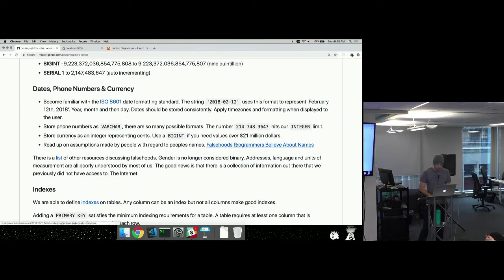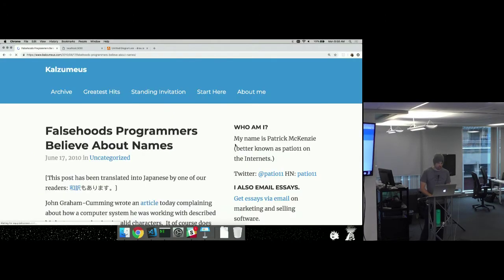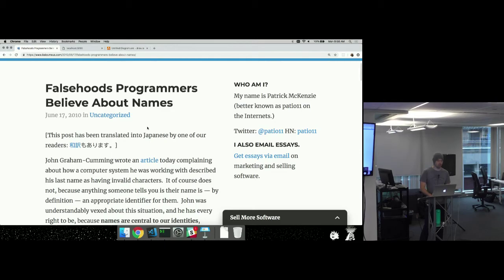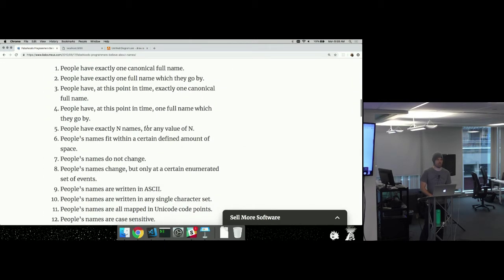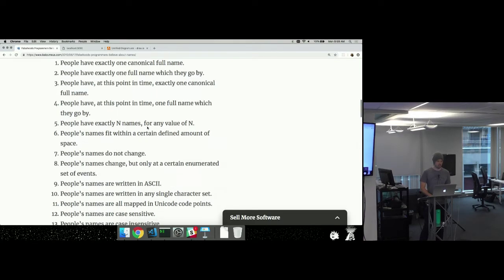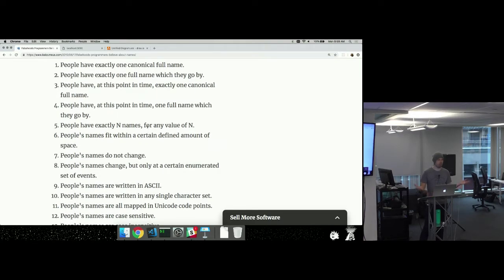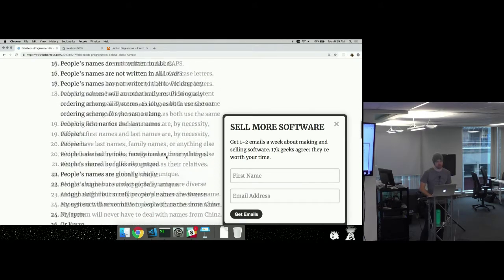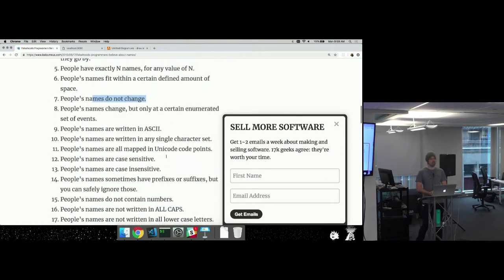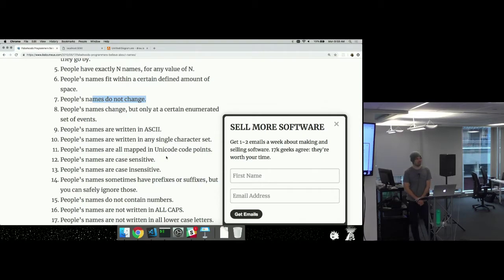So in addition, here's this page, falsehoods programmers believe about names, and it just kind of indicates that we don't know anything about anything, right? Like this one: people have exactly one full name. No, not true. People's names do not change. Not true. So let's not make any of these assumptions when we're designing our database, right? Let's go